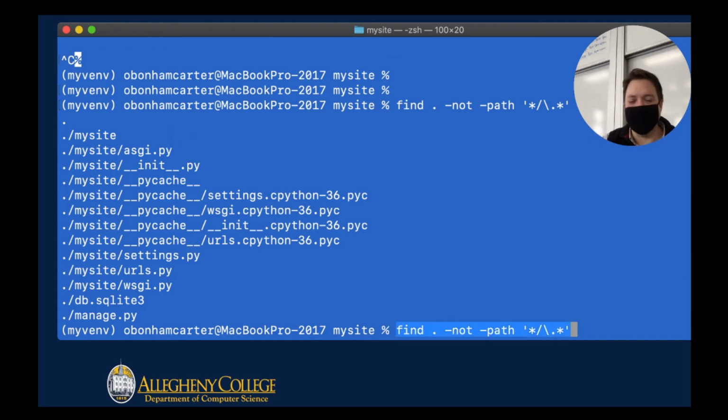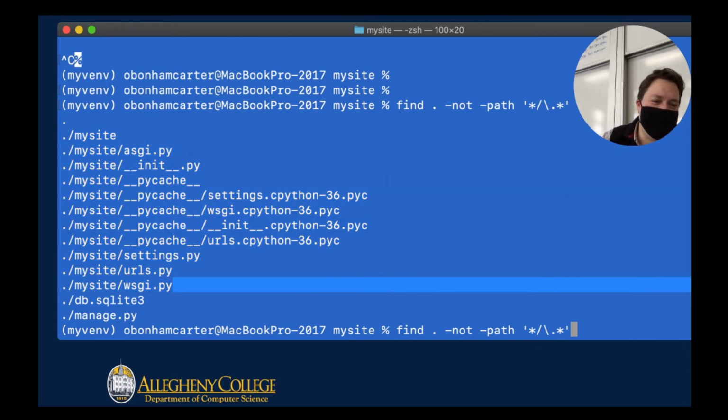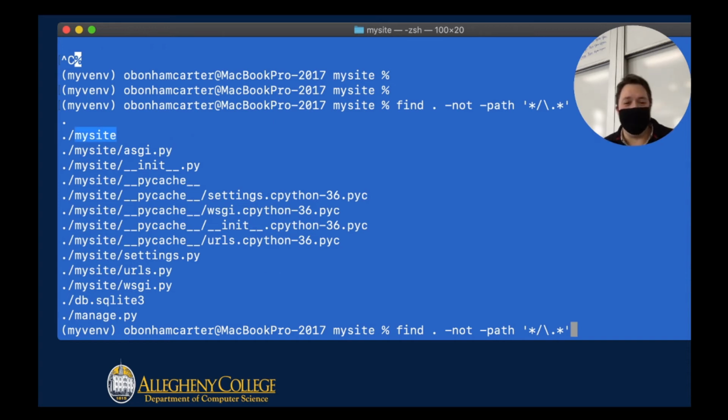And by the way, this is just a piece of Linux script. It may not work in PowerShell, but that's okay. It's not essential, but it gives you an idea about what your files are. All these files, my site, these are all the files that actually run the website itself. Now, what we're going to be doing is creating another directory inside here, which is just going to say hello, and that's going to be the arm of your website that says hello. It's the most optimistic part of your whole